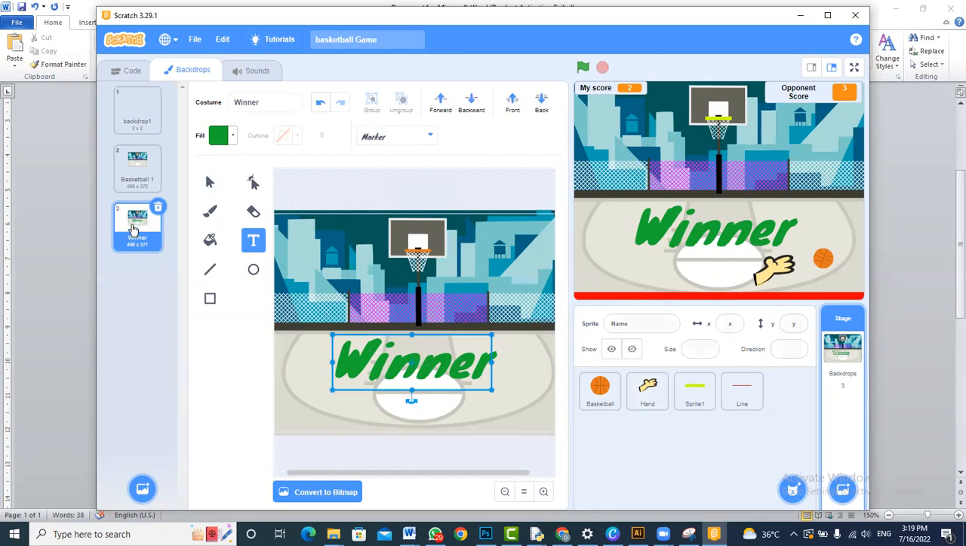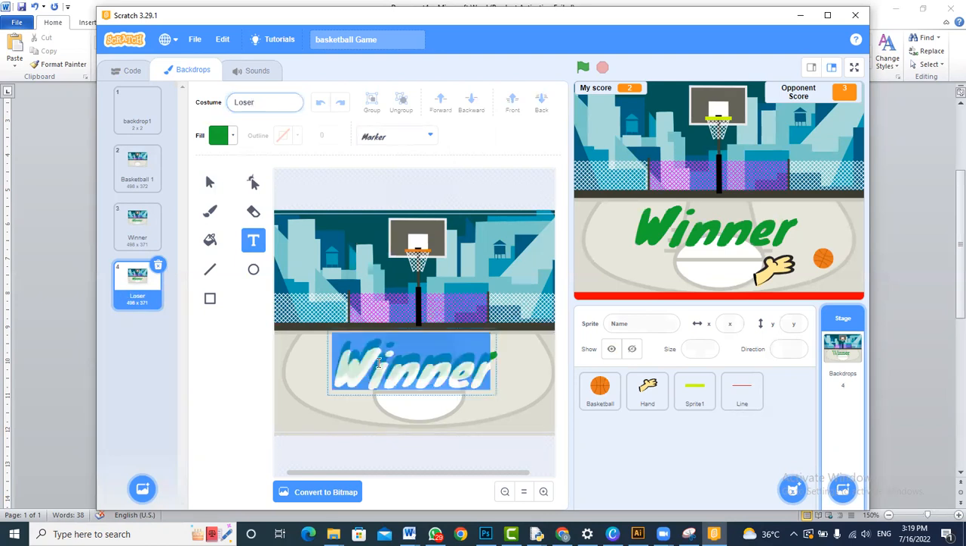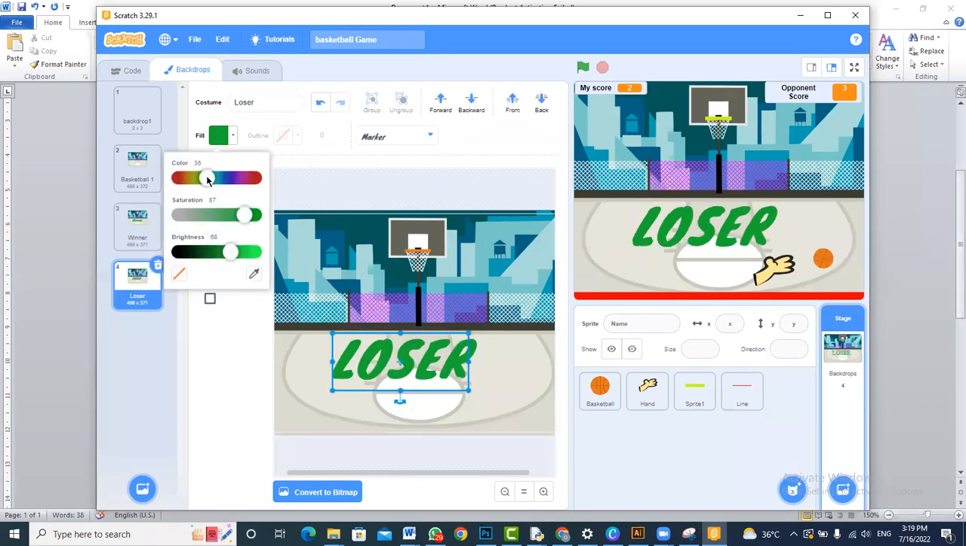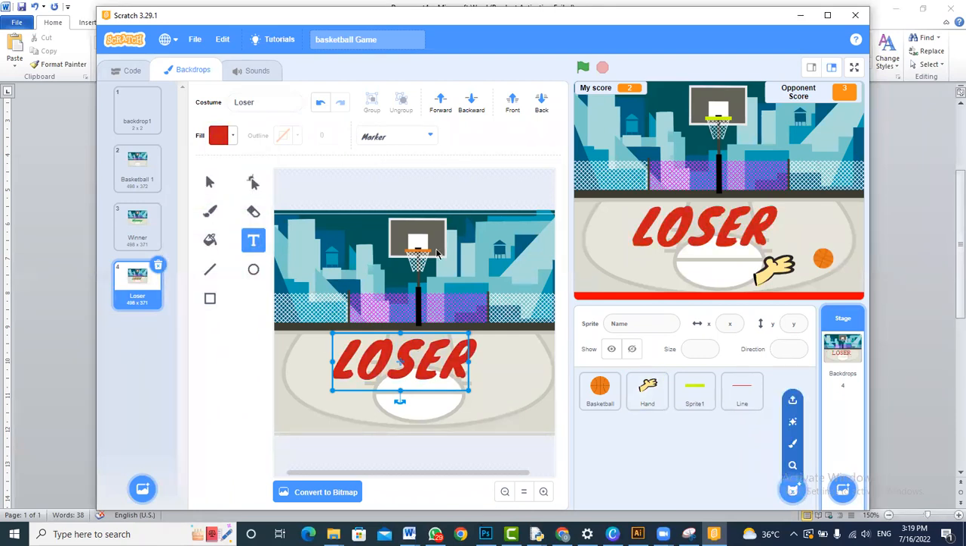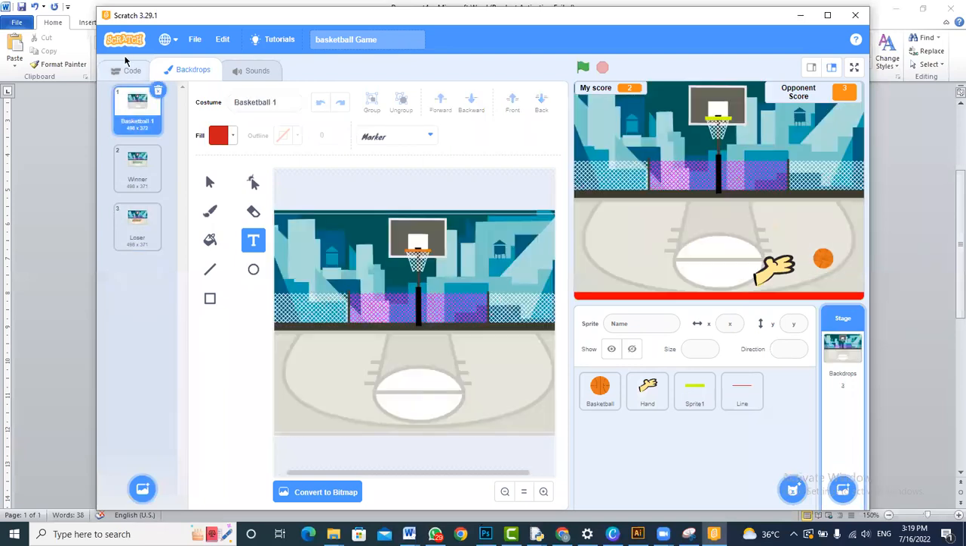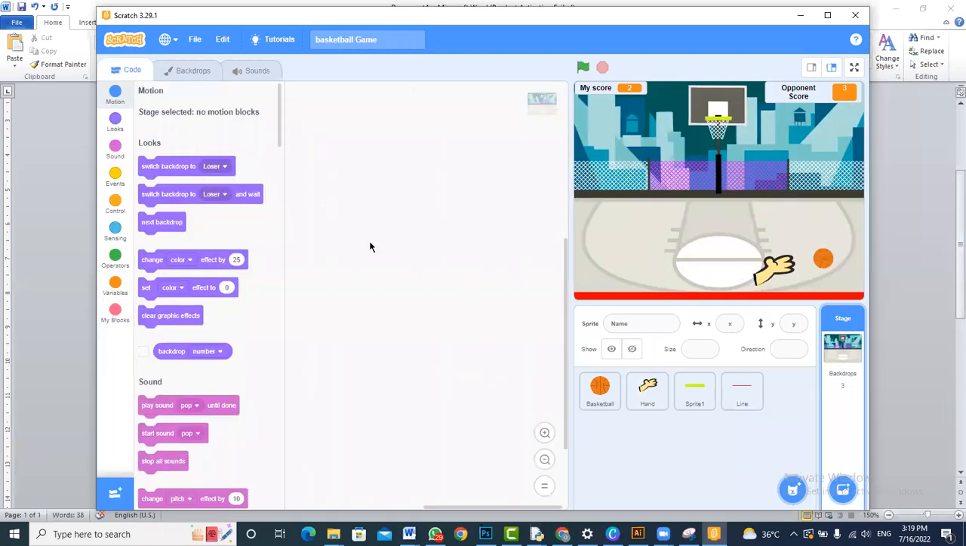And similarly, I would duplicate that again and I would name it as loser. And now I will write loser here and maybe change its color. So now I have got two different backdrops. I have got a winner backdrop and I have got a loser backdrop. This is an empty backdrop and I don't need it. So let's say I go to this one,